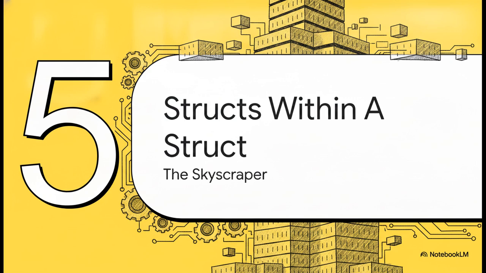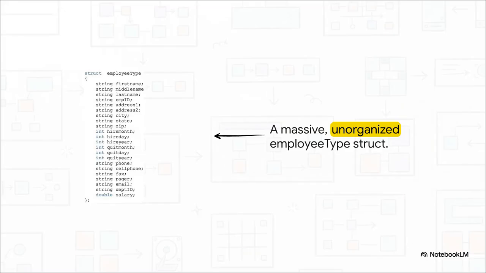Section 5. Structs within a struct. The skyscraper. For the climax of our explainer, let's explore how to build true digital skyscrapers by nesting these components into one another. Just look at the raw complexity of this massive employee structure. It has over 20 different members totally crammed together. We've got first name, middle name, last name, address 1, address 2, city, state, zip, and then we have hire month, hire day, hire year, quit month, quit day, quit year. It's completely overwhelming. It makes it incredibly unwieldy for a programmer to manage, and honestly, it's just full of repetitive